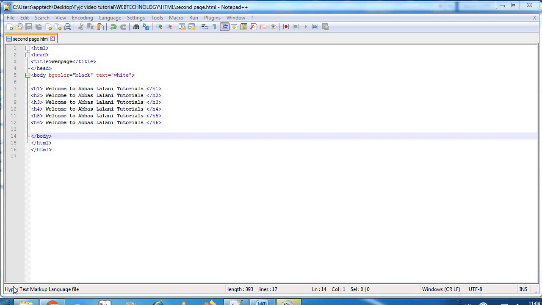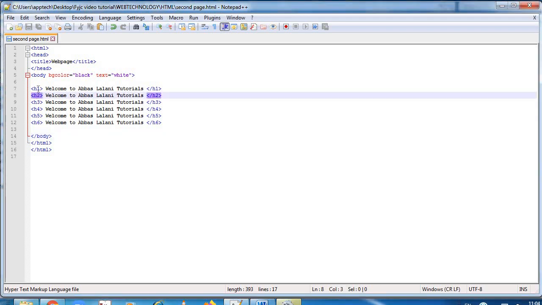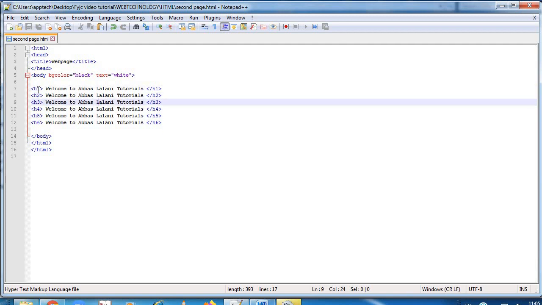Yeah, in this video we will be learning different levels of heading. First is the H1 heading tag. H1 is the largest heading level, followed by heading 2. Heading 2 is slightly smaller than heading 1. Heading 3 also is smaller than heading 2. Heading 4 is smaller than heading 1, 2 and 3. H5 is smaller than H1, 2, 3 and 4, and H6 is the smallest of all. So these are all the heading sets, starting from H1 to H6.